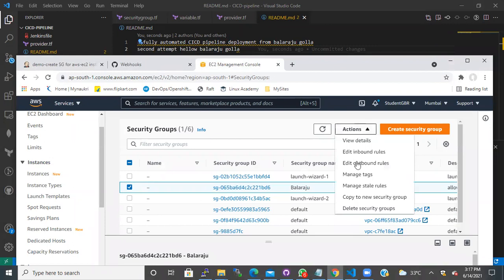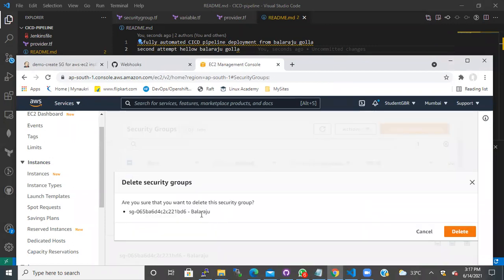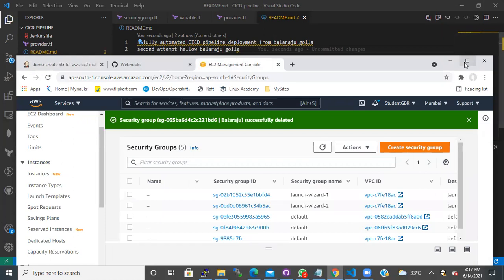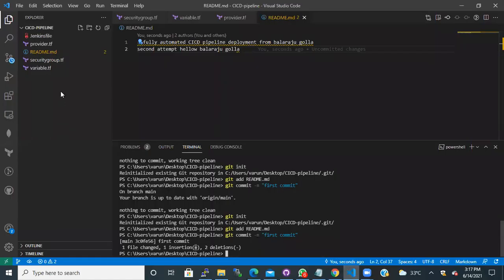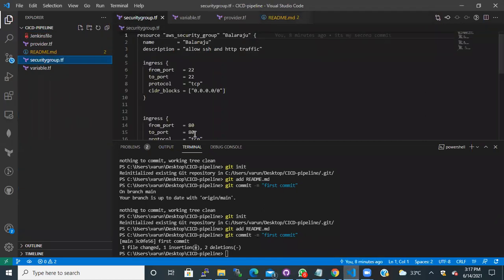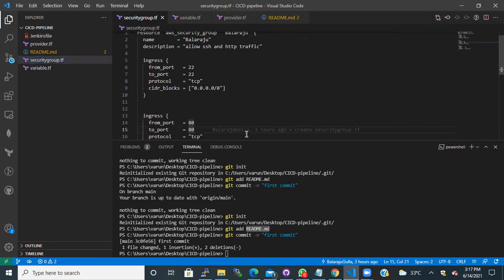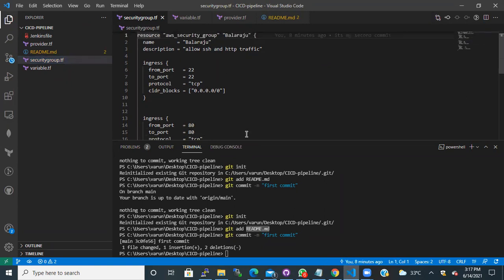I'll delete the group, and then I'll just give delete. Now I have that group deleted. So I'll come back to my code. Okay, here is my security group, right? I'll come back to my code and make some changes.